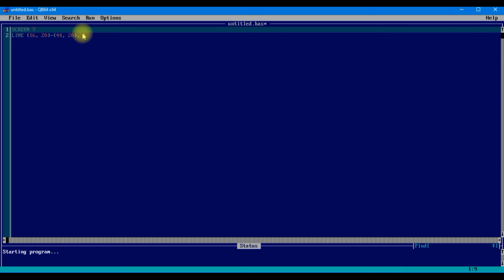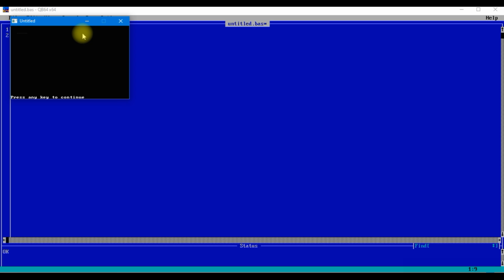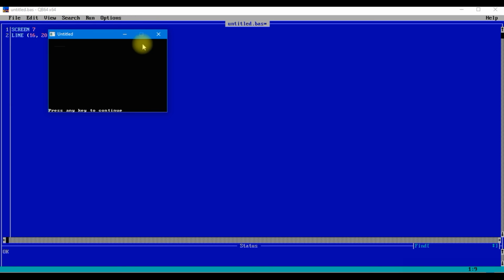With a given screen, you can select any screen you want, but this is more or less okay. As you can see, the screen is very small, 320 pixels by 200 pixels, and here is the line. It is a very faint line. I don't know if you were able to see it or not. I can see it. Just zoom into your video and you will be able to see the line.